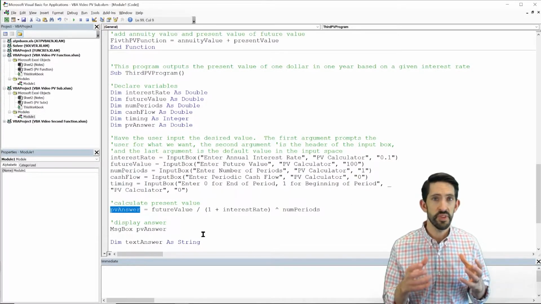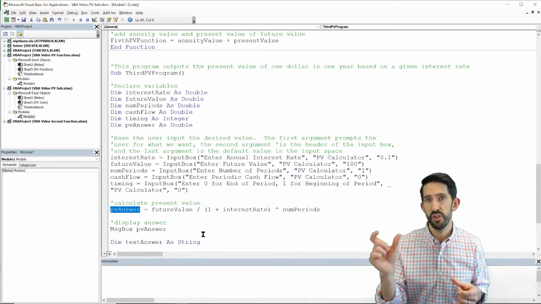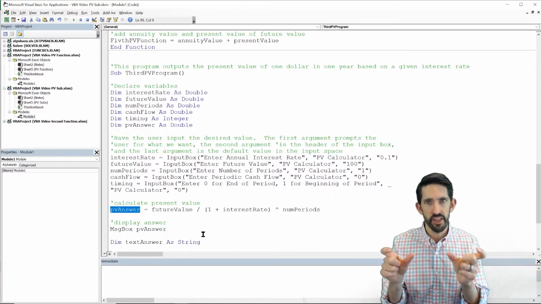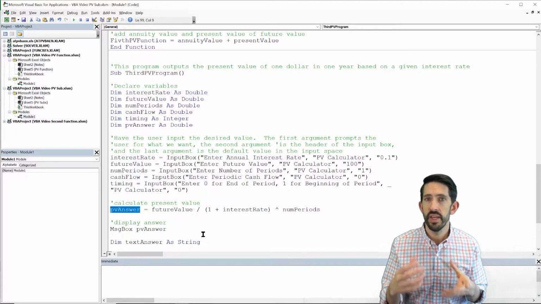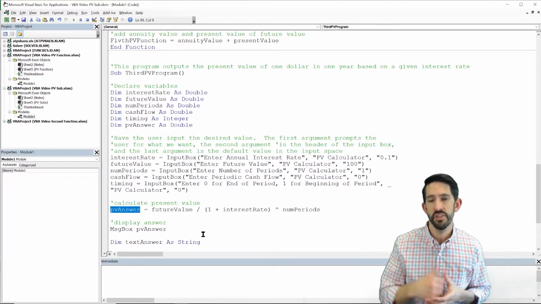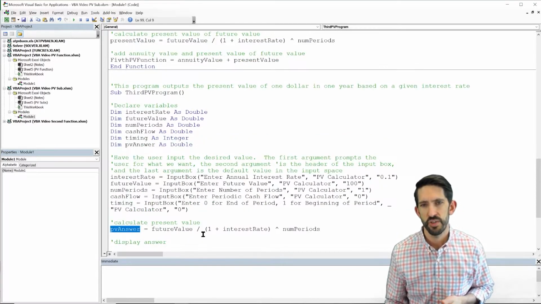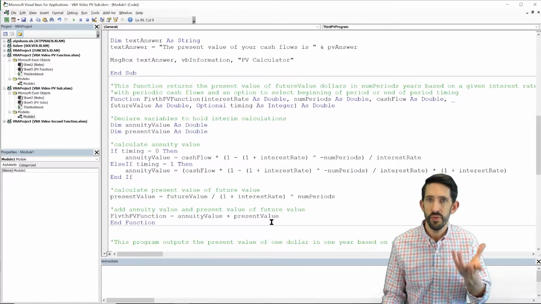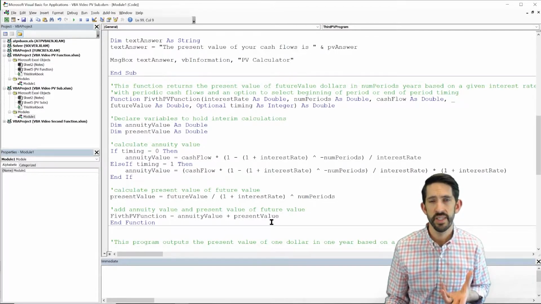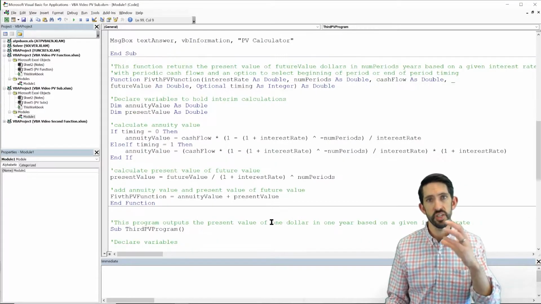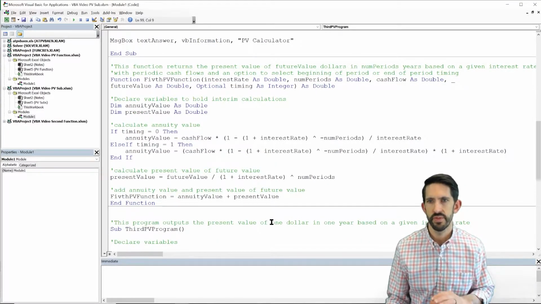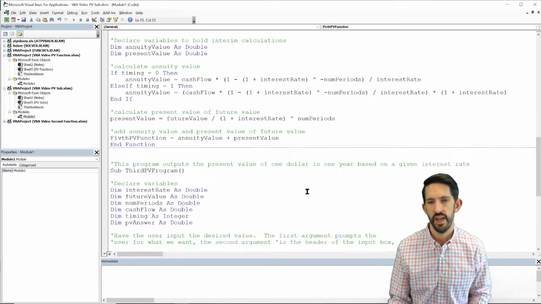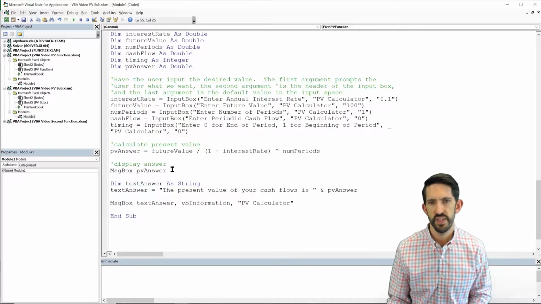However, now that we're dealing with the annuity, you remember we broke it up into an annuity piece and the present value of the future value piece. So we had to do a couple of calculations. We had to do our if-then statement. Basically everything that was in that function that you just saw above. So if we scroll back up, you can see this fifth PV function. We had to do a decent amount of programming in here. We can copy all this code and use it again, but we don't have to. Instead, we can just take our fifth PV function, copy this,